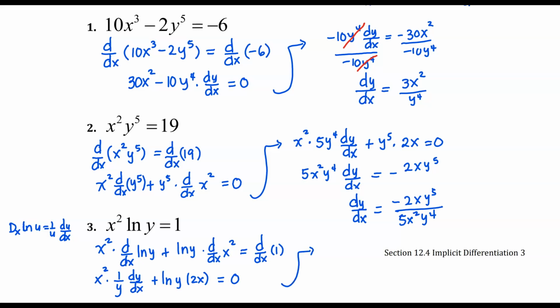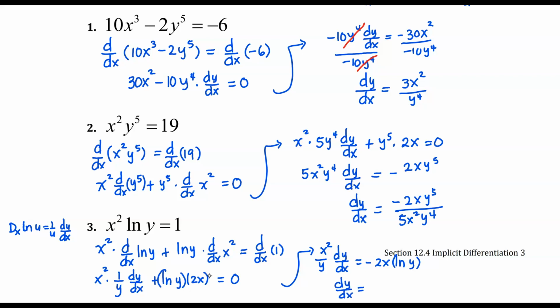We have x squared over y dy/dx. For this side here, you just multiply x squared times 1 over y. That is x squared over y. Then copy dy/dx. Then this one, when you multiply this to the whole expression, not only to y, that is equal to negative 2x ln y. And then therefore dy